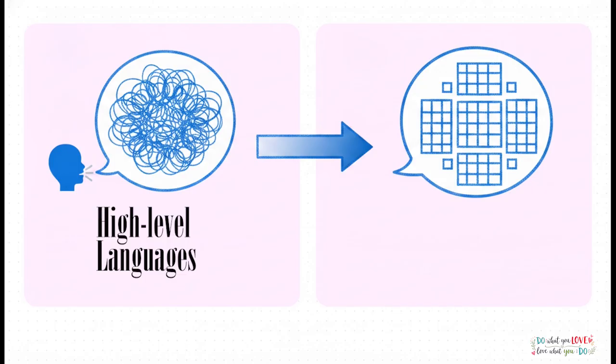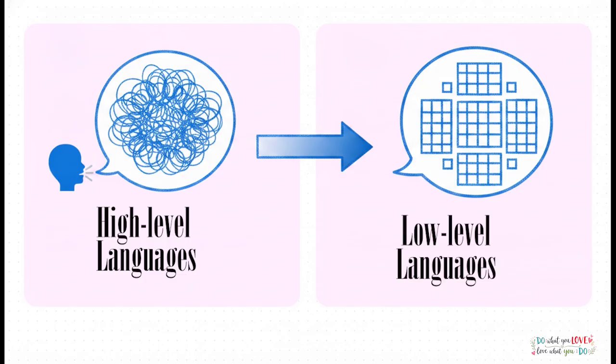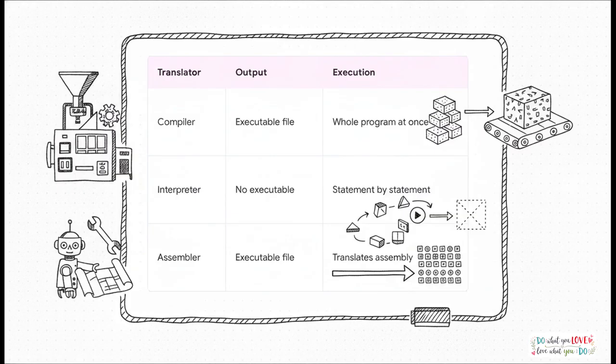On the flip side, we have low-level languages like assembly or raw machine code. This is what the computer hardware actually understands natively. They run insanely fast and take up almost zero space, but man, they are incredibly difficult and time-consuming for humans to write. Because our computers only read that low-level machine code, we have to use translators to bridge the gap